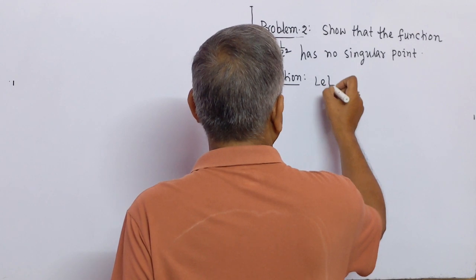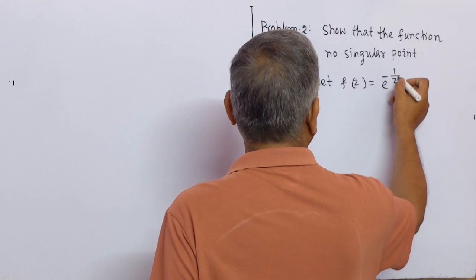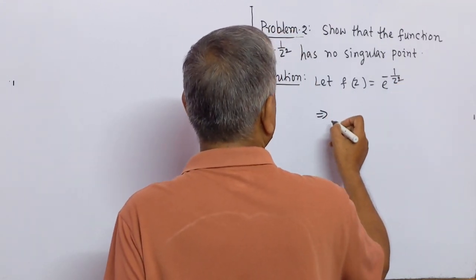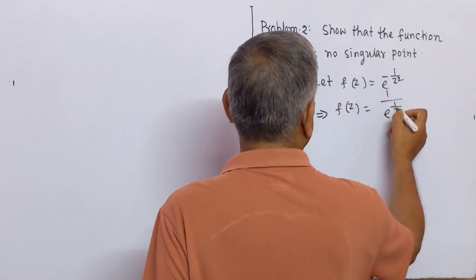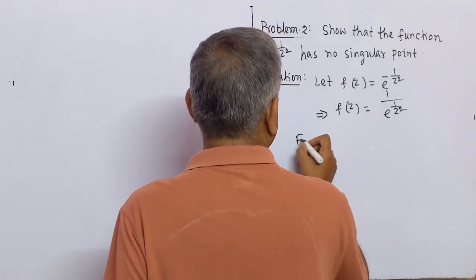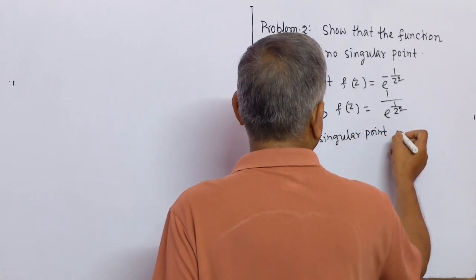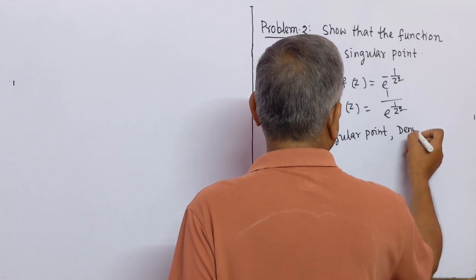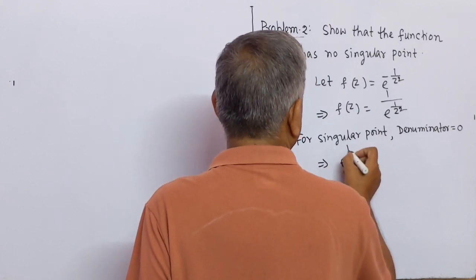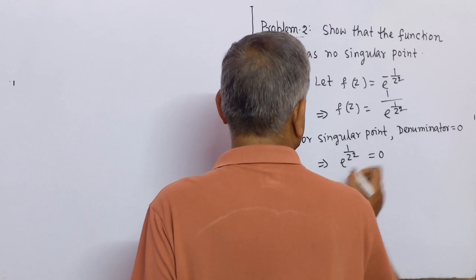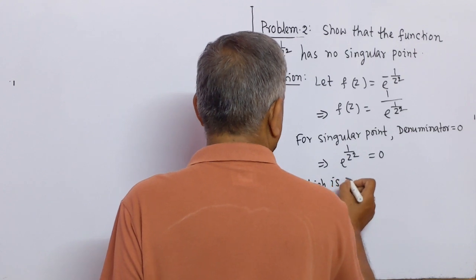Let f(z) = e^(-1/z²), which implies that f(z) = 1/e^(1/z²). For a singular point, denominator equal to 0 implies that e^(1/z²) = 0, which is not possible